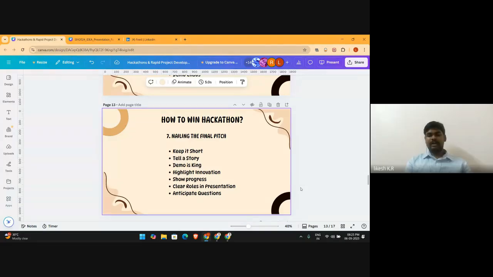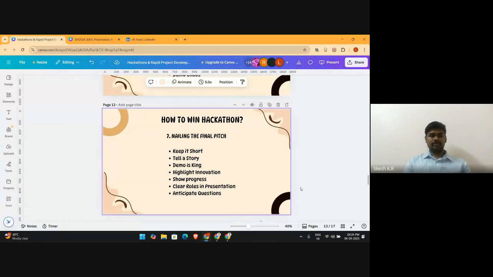As I said, it depends upon your team. If one of you is good in front end, one is good in back end, one is good in database, and others can support them, you can participate.